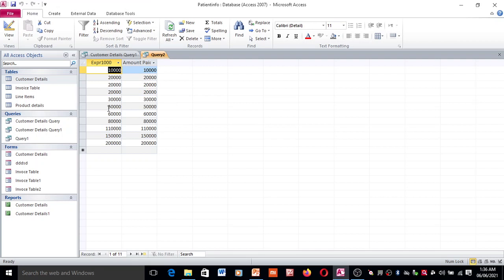Whatever the options were on the top before, whatever the option we are selecting, over here it is now in the proper order that I have given in that particular query, means ascending or descending. Whatever the order you have given, according to that order these numbers will be arranged.